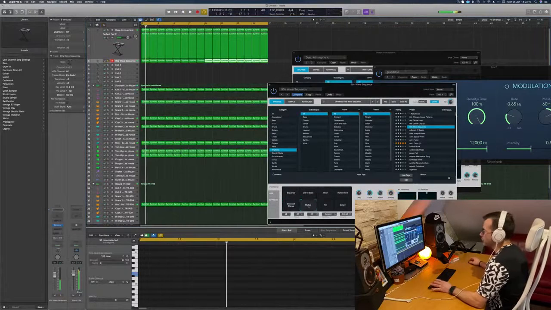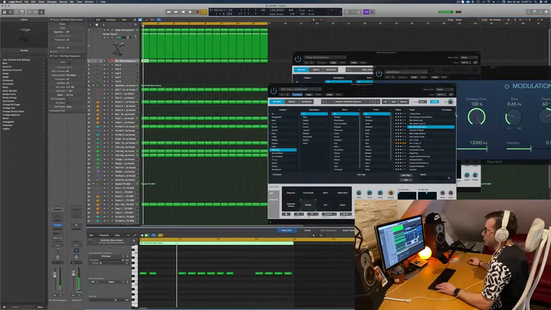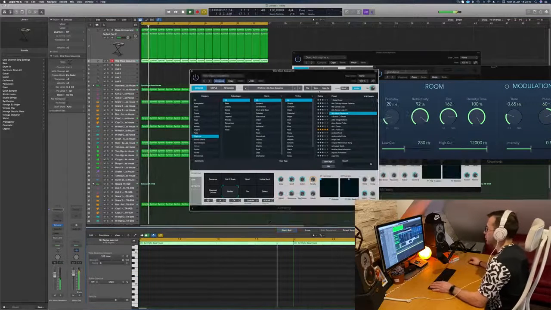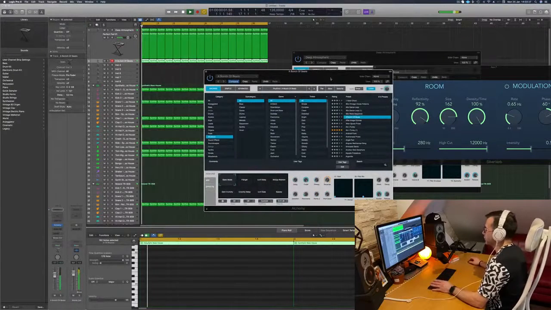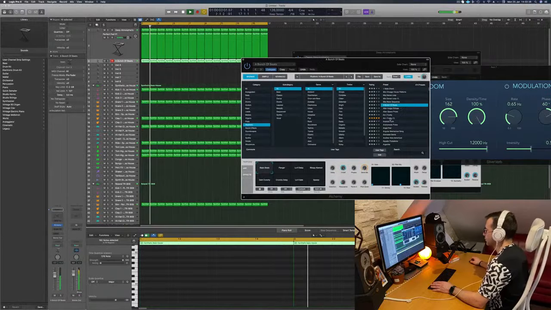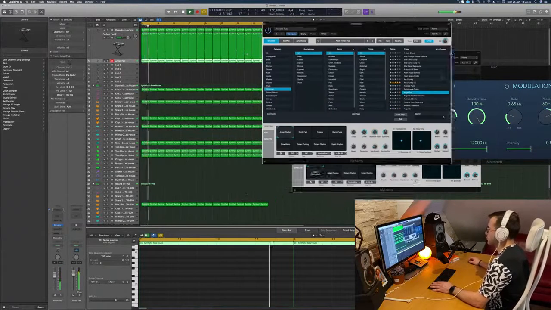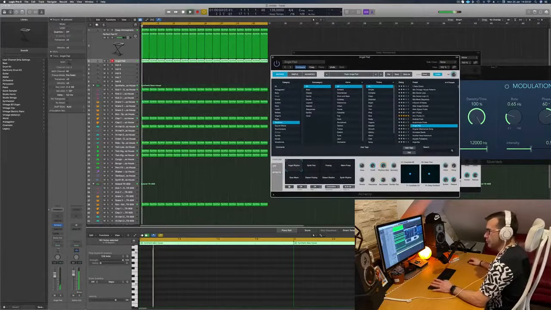A bit too low. See where we're at. I think for this I will select the whole part here. Could go up. A bunch of beats. Let's hear it. Okay. Not what I was looking for, but